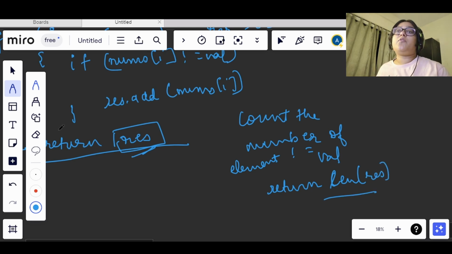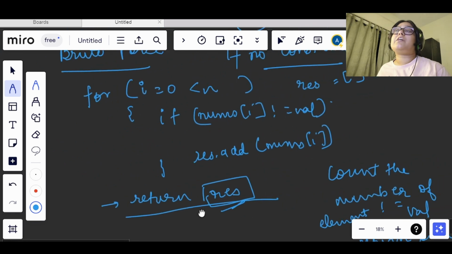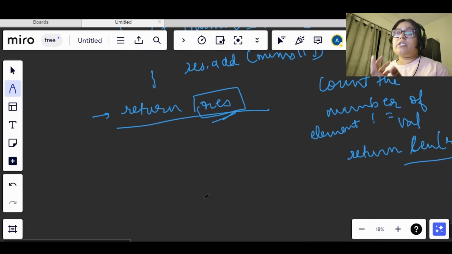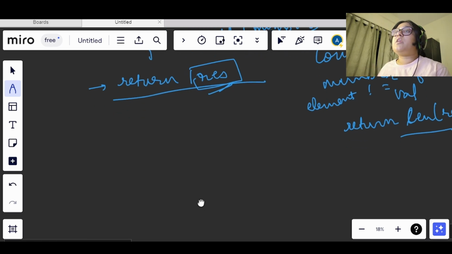Now this will be the brute force approach when we are not asked specifically to return the number of elements. In case we have to return the number of elements only, let's move on to the optimal approach.